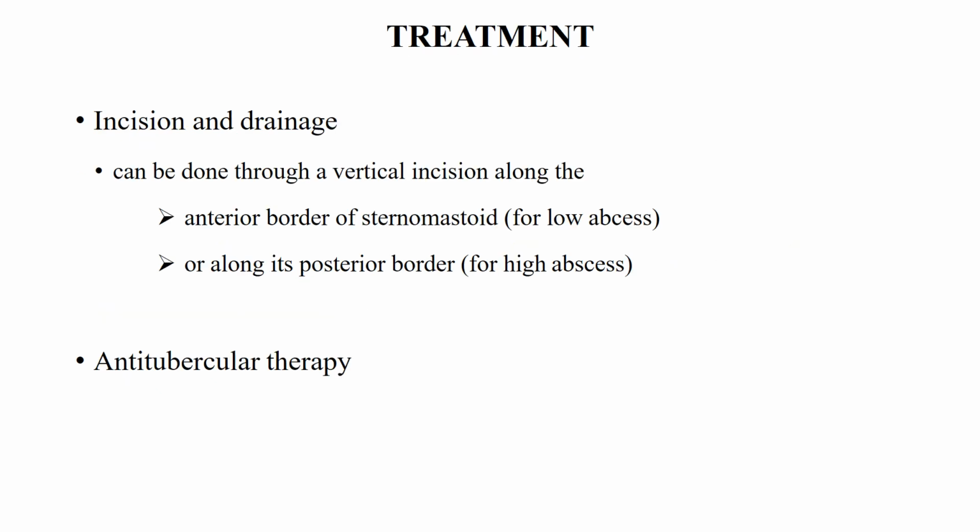Treatment: incision and drainage of the abscess. It can be done through a vertical incision along the anterior border of sternocleidomastoid for low abscess or along its posterior border for high abscess. And a full course of anti-tubercular therapy should be given in